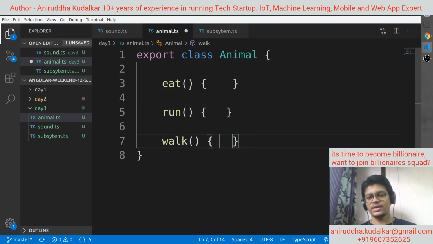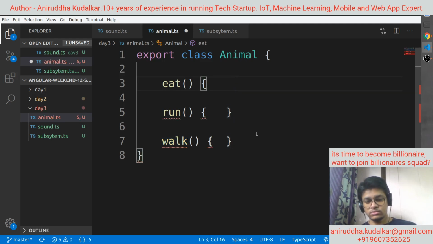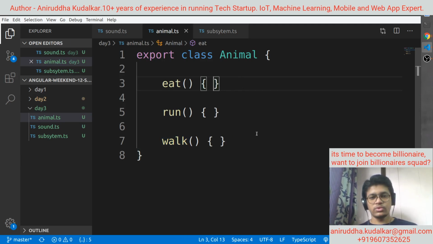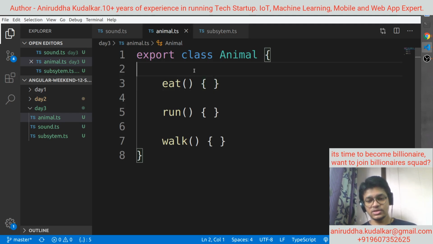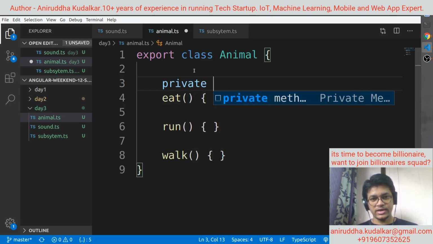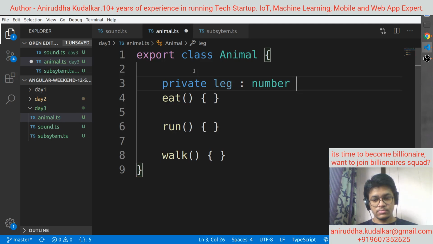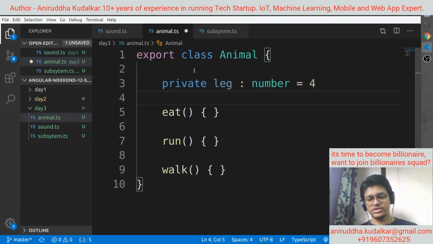These are the functions I am writing inside the animal class. Eat, run, and walk. And private legs is equals to 4. It's a beast, you can say.